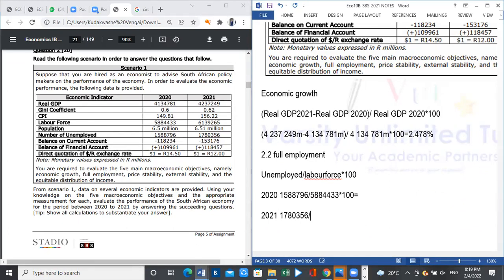1,356 divided by the total population, the labor force of 6,139,265. Then we